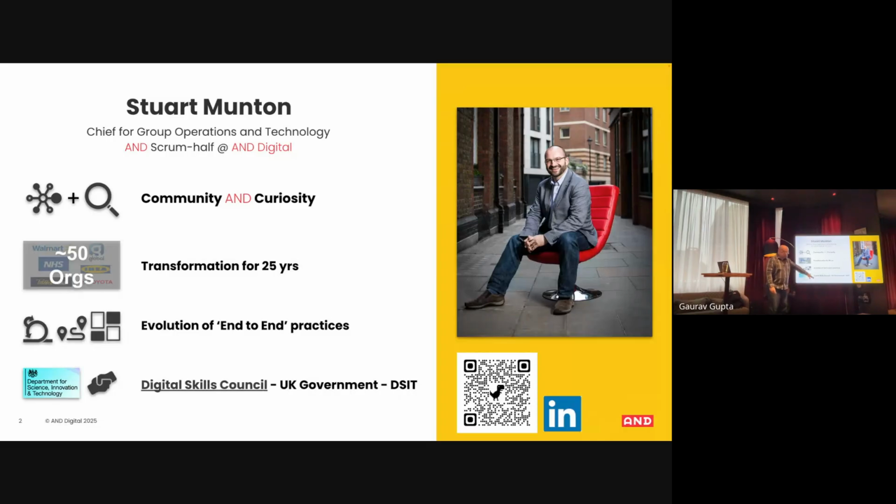Other thing I do as a side piece, I'm now on the UK government's Digital Skills Council. So I advise the government about how they should be thinking about digital skills. So if you want to talk about digital skills and digital enablement, come and have a chat to me afterwards and we'll talk about that. So this is stuff into DCIT and the government and the DFE about how do we increase digital skills in the UK. So that's me.